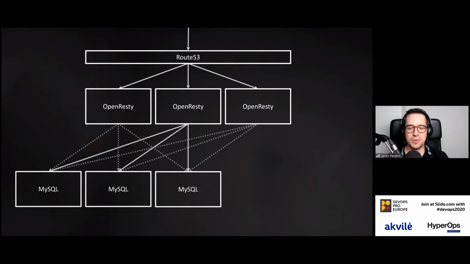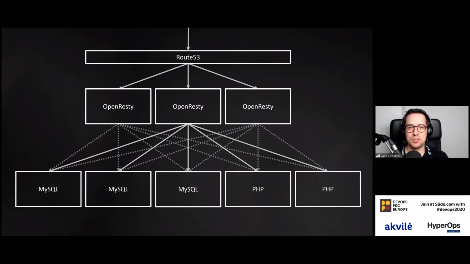Now, these load balancers quite unusually queried a bunch of MySQL databases. And these databases were hosting the information where each customer's PHP nodes were located. And you have to imagine we're talking about well over 1,000 Docker containers that were running. When we built this, Kubernetes wasn't really a thing yet. So it existed, but it wasn't really stable. We couldn't really work with it in the way that we wanted to, so we decided not to use